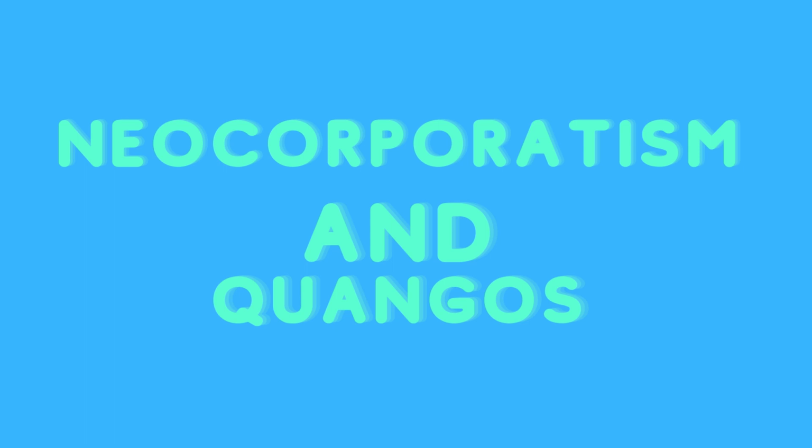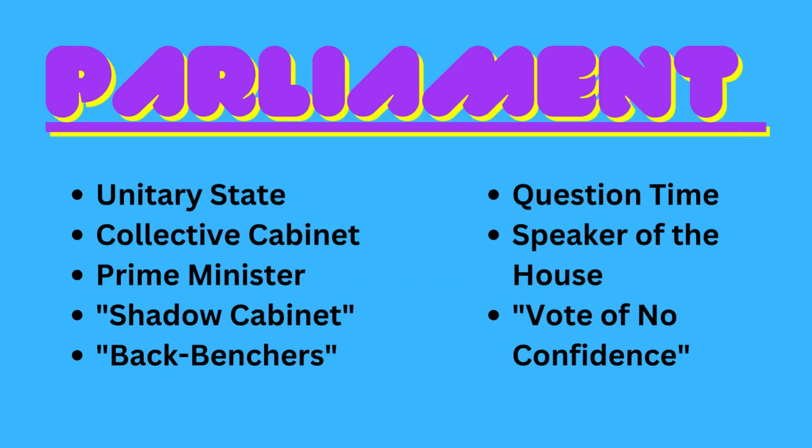The greatest example of this are what the British call quangos, or in other words, quasi-autonomous non-governmental organizations. Let me say that again. Quangos, quasi-autonomous non-governmental organizations. These are advisory boards appointed by the government. Like all interest groups, their influence waned under Margaret Thatcher, but have seen revival in recent decades.